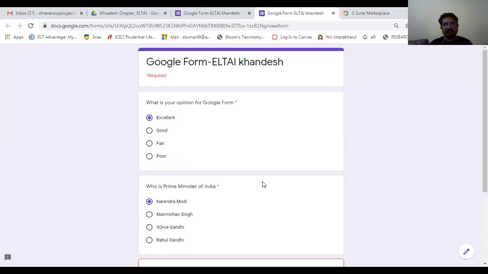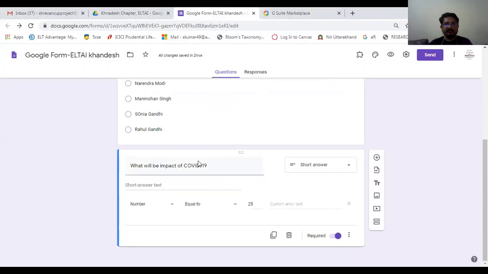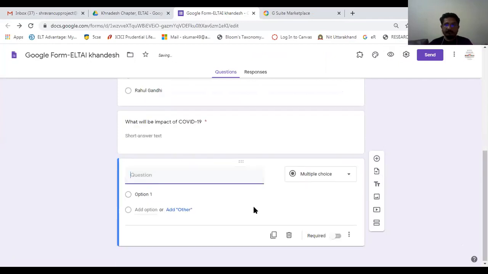Now once again I'll go to my form which I was creating. I'm leaving this option part. Now how can we use other options apart from this short answer? I'll click on this, maybe: who will suffer a lot?